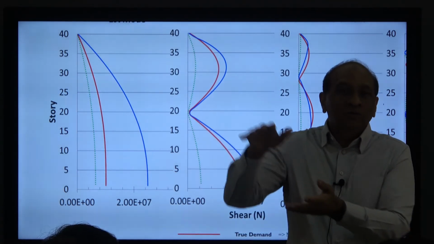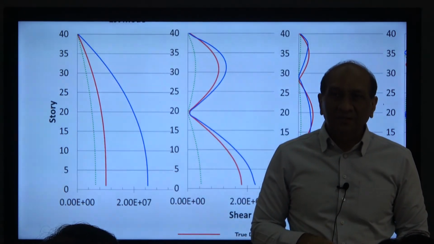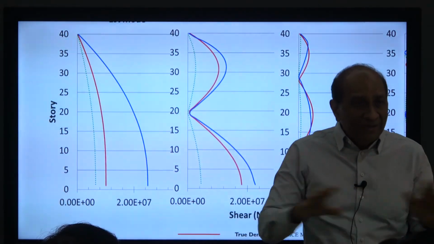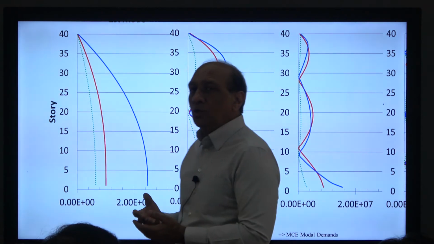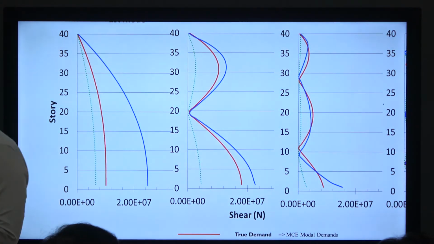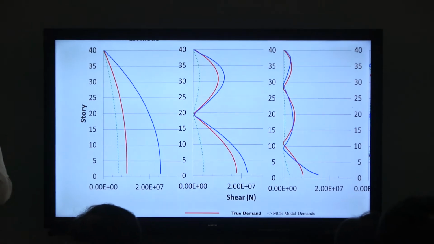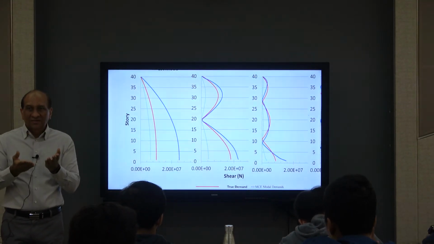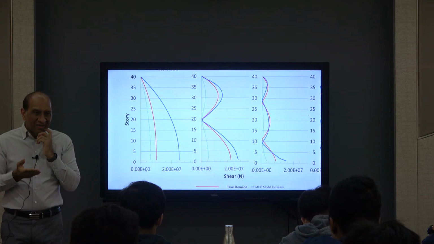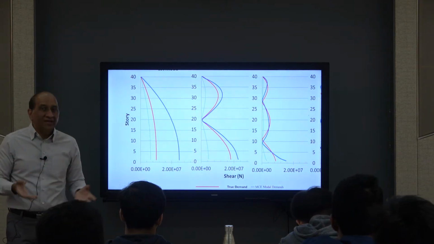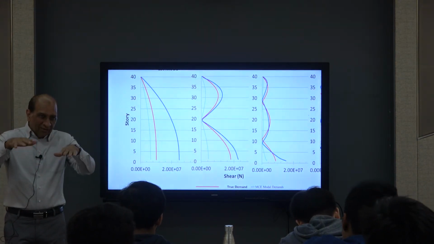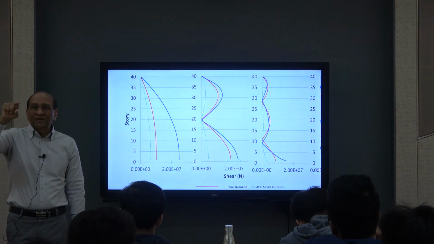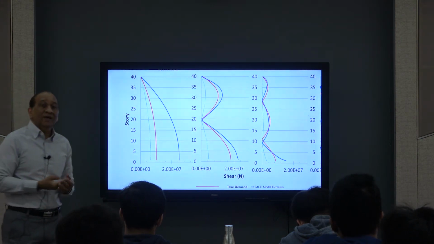That means the shear in upper floors can be very large here, even though you would expect that the shear force should drop, we should become 0 at the top and maximum at the bottom, but there is no such guarantee in a tall building. The shear force in the middle could be larger than the one at the base, and some shear at the top may be very high that you did not expect. This completely changes the way we look at the design of the individual components, because that shear will change the bending moments in the members locally, right? And that will change the capacities, it will change the distribution of reinforcement. You cannot now say, oh, let me reduce the column size as I go up or reduce the reinforcement as I go up. It will not make sense